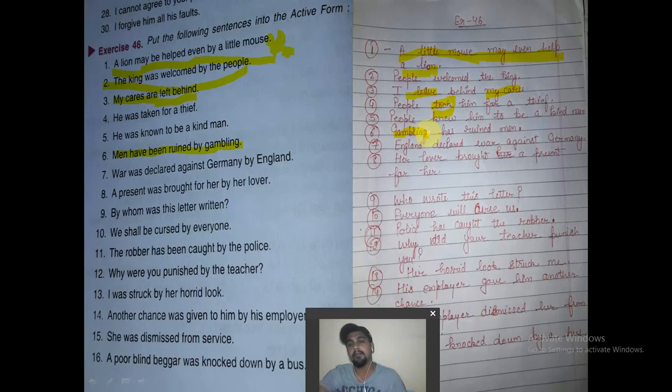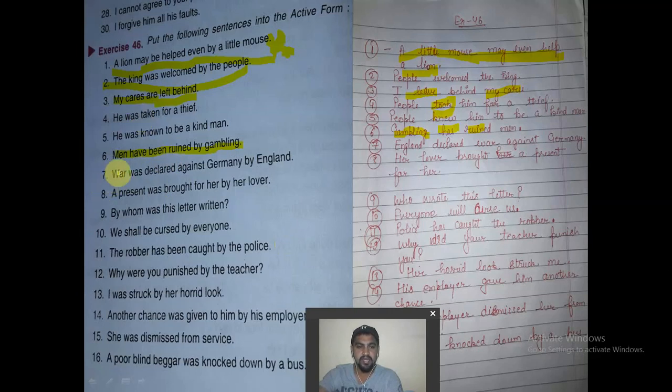Gambling has ruined many, or men. Men is used. Generally many used to come in the statement. Here the statement is given like that, so simply the same word we're gonna use, we can't change the words. Okay, gambling has ruined men. Now has ruined means present perfect simple statement, we're gonna write in that way, like an affirmative sentence we are writing.